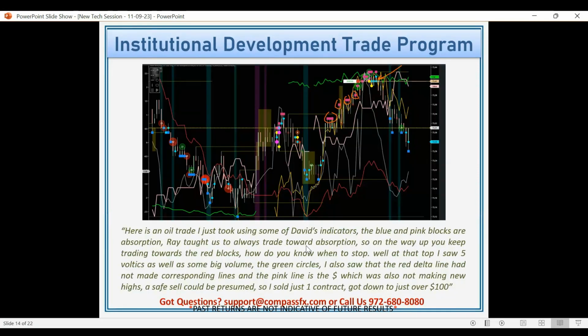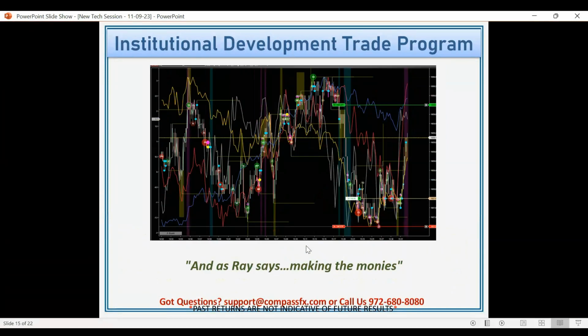And look at this, something Reeve had given to me, of putting these together. When you have the right information, then the tools just give you the confirmation. It's not just Ray doing well with this. You can see our traders are doing the same, making the monies. When you know what you're looking for, it's easy to get into a trade